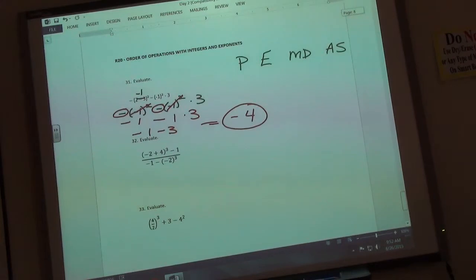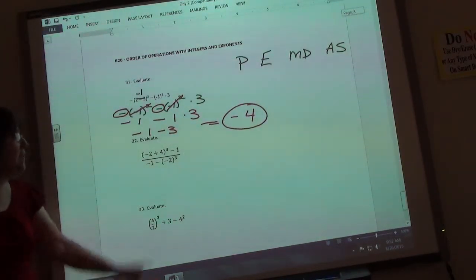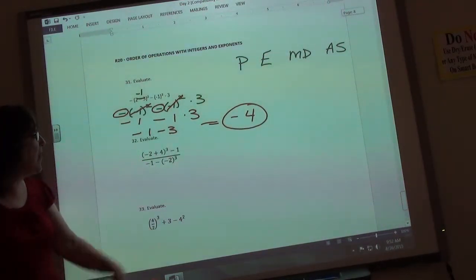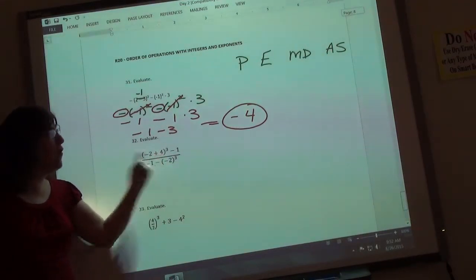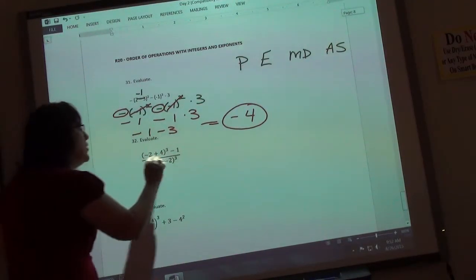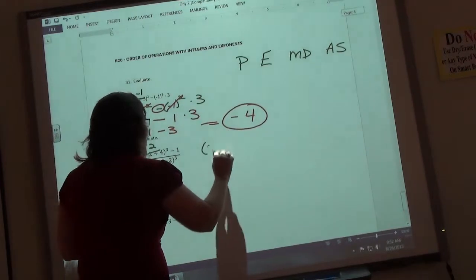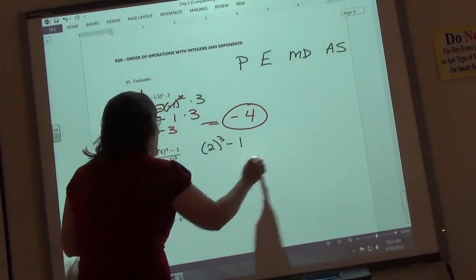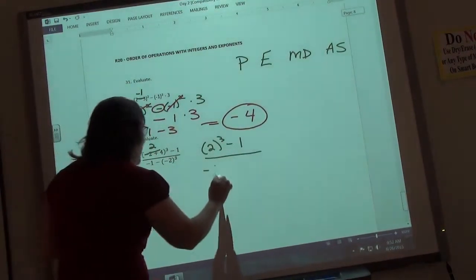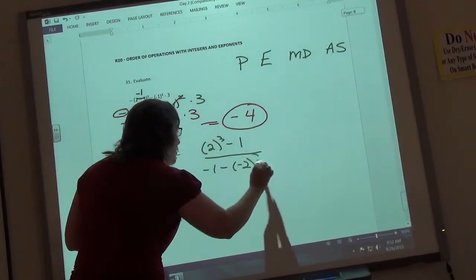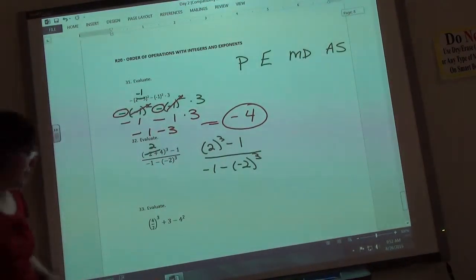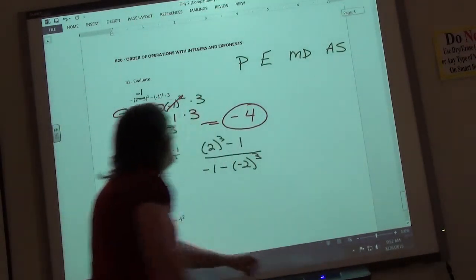So on number 32, if I'm going to follow my order of operations, I'm going to do inside the parentheses so that I only have one number in any set of parentheses I have. I only have one set that I have to simplify. Negative 2 plus 4 is 2. So I've got 2 cubed minus 1 on top of the thing, and minus 1 minus a negative 2 cubed on the bottom. Next thing I'm going to do,